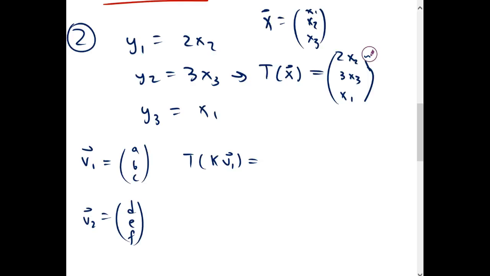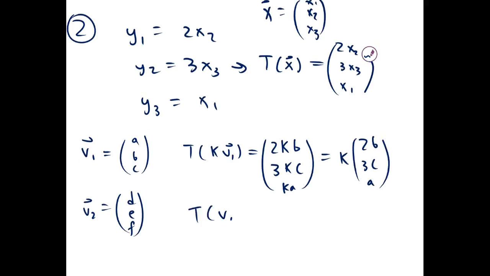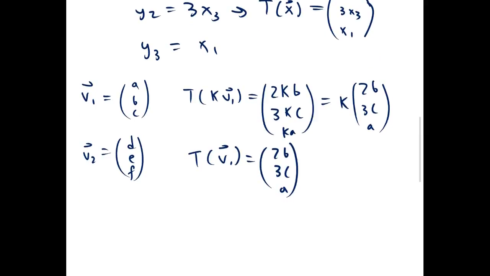So T of kv1 is 2kb, 3kc, and ka. If we factor out k from this, we get 2b, 3c, and a. If we just do T of v1, we get 2b, 3c, and a. And if we multiply both sides by k, we see that these two are equal,